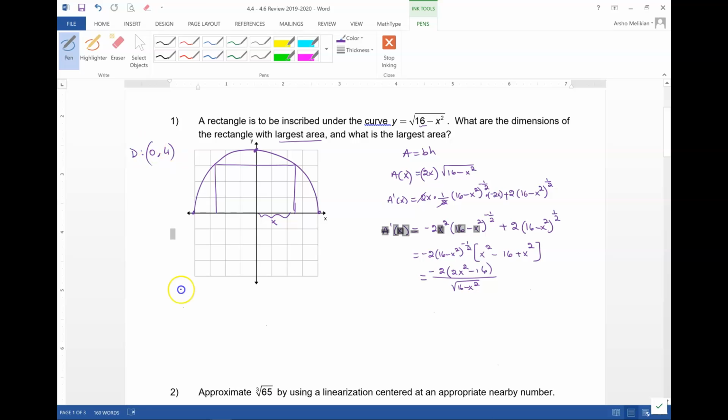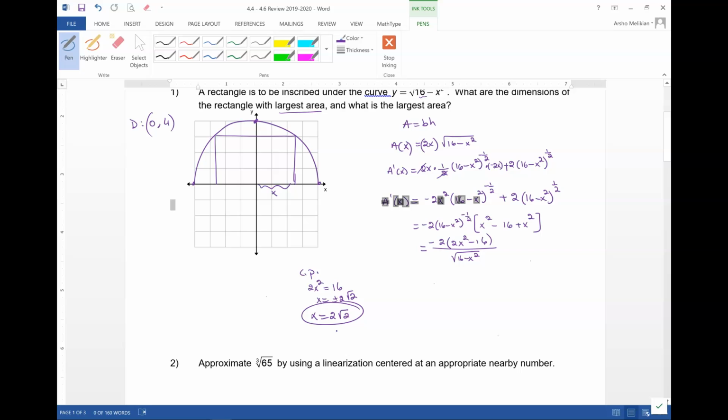right? So from here, my critical points, the denominator will give me plus or minus 4, but that can't be included, right? So from the top, I get 2x squared equals 16. X squared is 8. X is plus or minus root 2. So I only take 2 root 2 as my critical point. Okay, now,